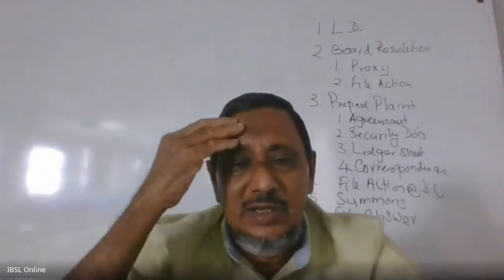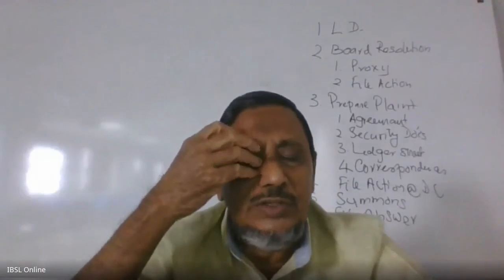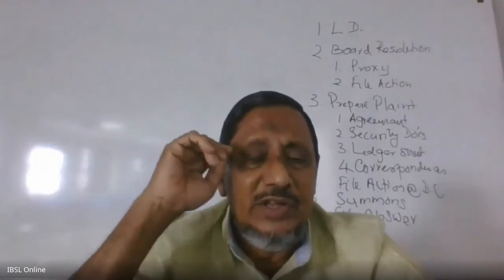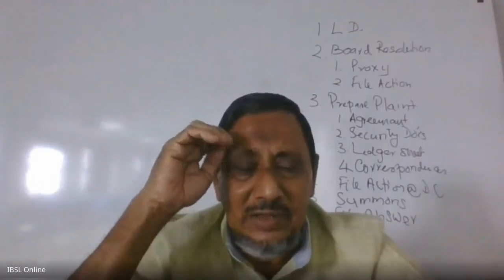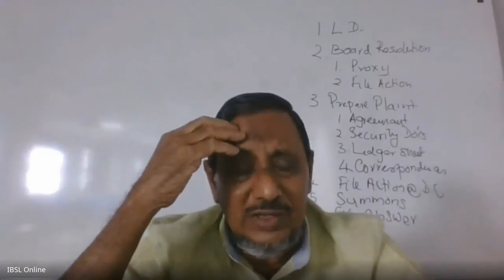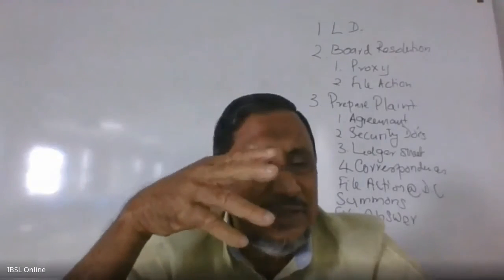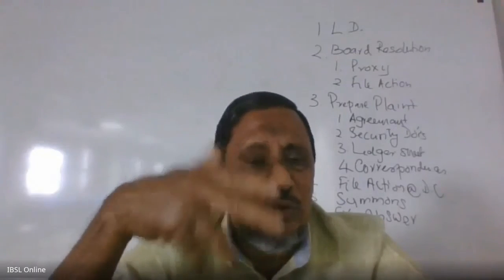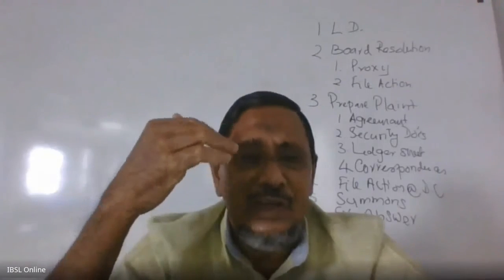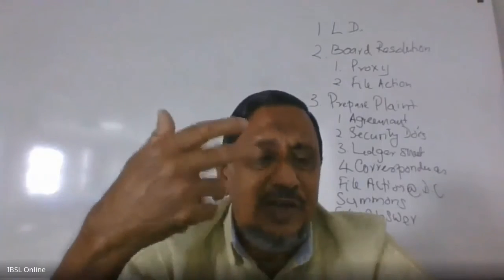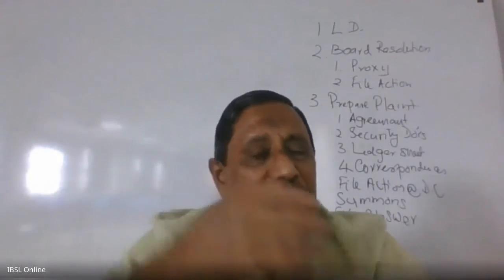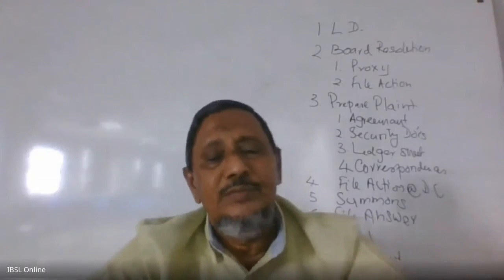What is the procedure? Whenever you find that the loan is not recoverable, whatever action you have taken, for example, you have taken legal action, then in court you lost the case. There's no way of recovery. Or there are certain facilities with no collateral, and the customer's whereabouts you cannot find, income cannot be proved, and you cannot take any action because there are no documents for you to take action. The final option is to write off on the books.